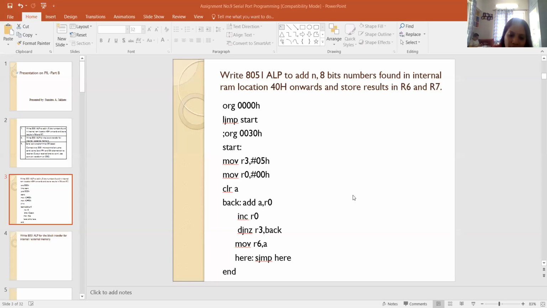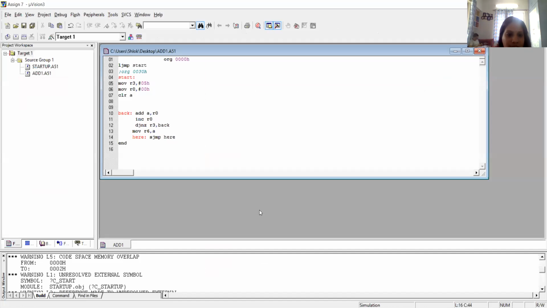Now we can use a simulator for this purpose. So how to use a simulator? Now this is the simulator we are using. This is a Keil simulator. All of you know how to start this Keil simulator. Can I explain how to start this Keil simulator, or can I go ahead?